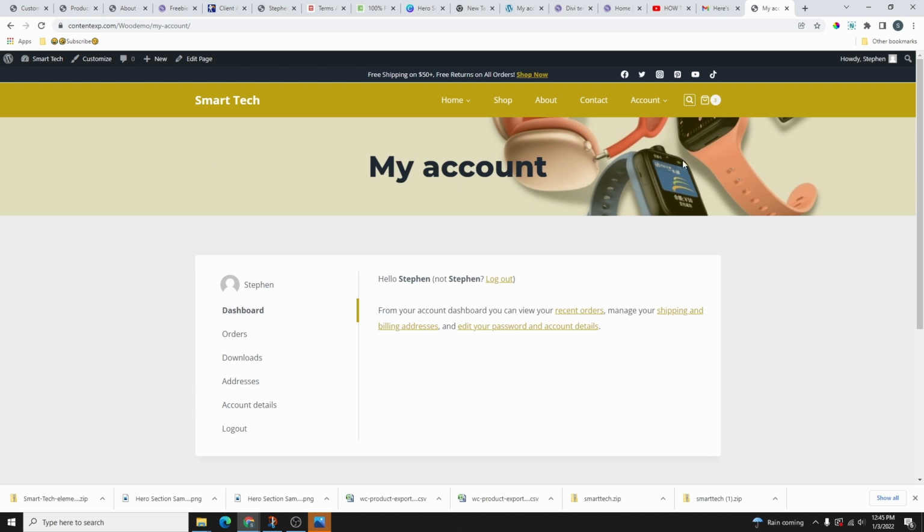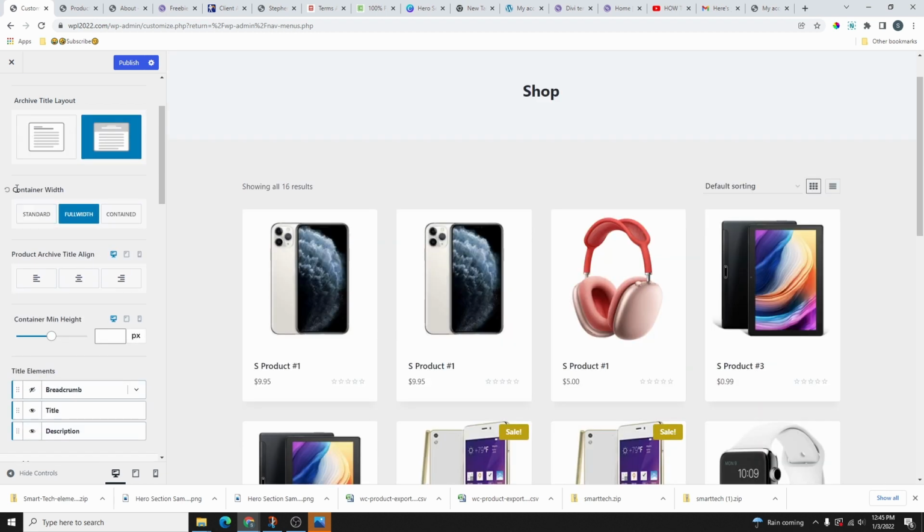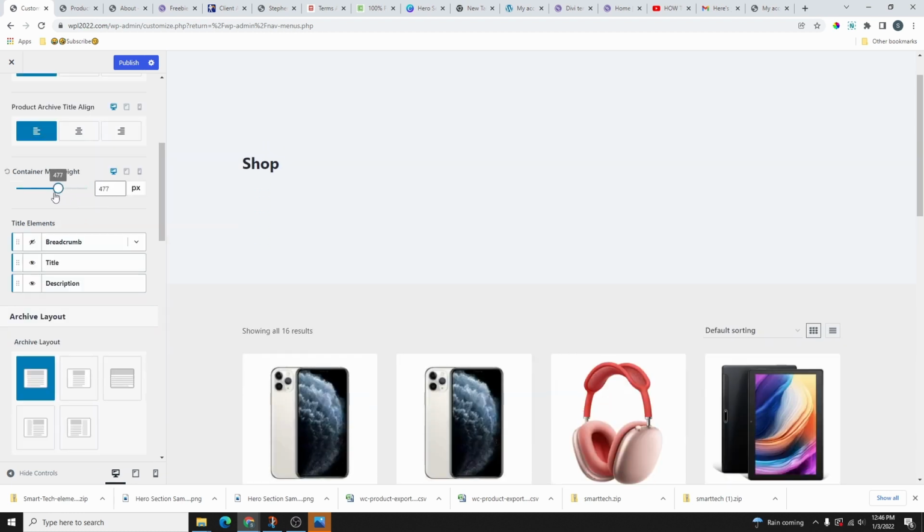So that way we can get this above content that we can design and customize the way we want. If you don't want that, you can go ahead and choose this other layout, but if you want that, you select this layout, and then you can decide the width of the container. You can set it to standard, full width, or content, and then you can also decide the position of the archive title. We can align that to the middle, right, or left, and then we can also stretch the above